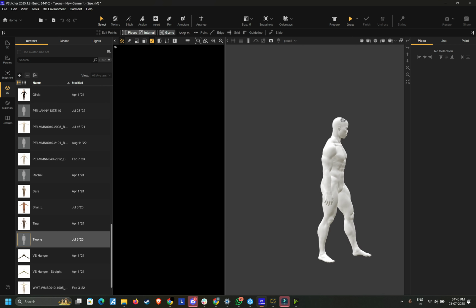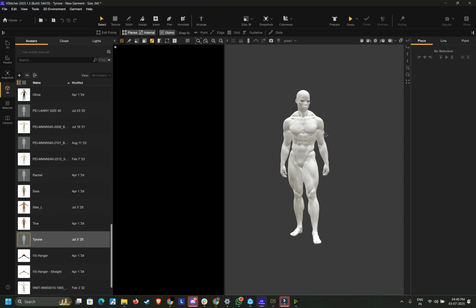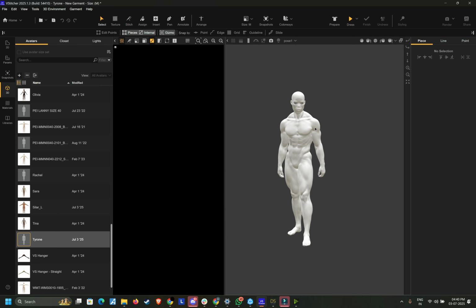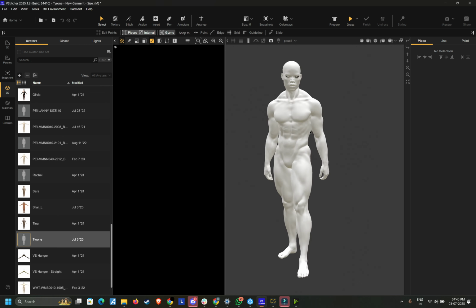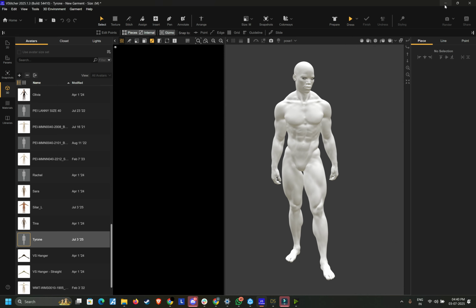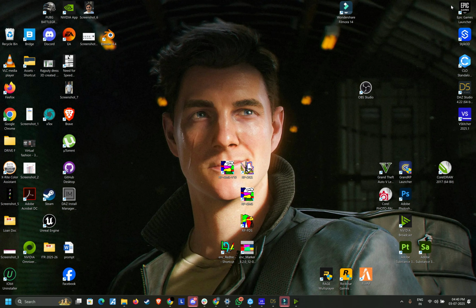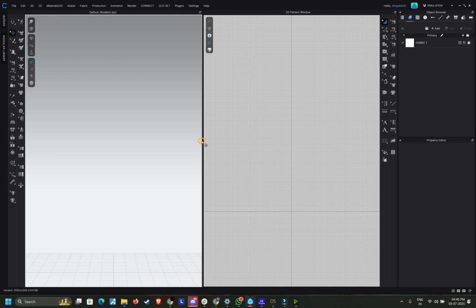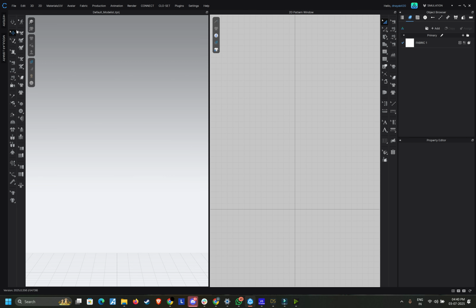Okay, but we still have one issue. We don't have the model textures. How can we solve this one? I found a solution, let me show you: importing the obj file in Clo and exporting it again